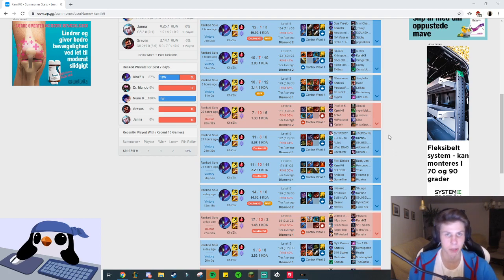There are, in my opinion, basically four viable keystones for Khazix. There's Electrocute, there's Conqueror, there's Face Rush, and there's Dark Harvest. Three out of those in Season 9 I personally found viable, which was Electrocute, Conqueror, and Face Rush, but in Pre-Season 10 I actually only think that two of these ones are viable on Khazix, and that is Electrocute and